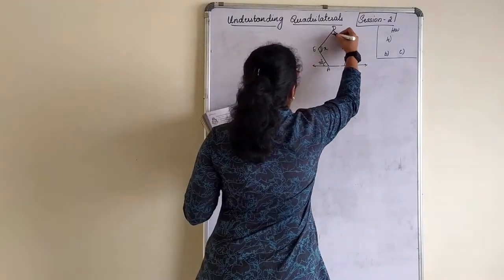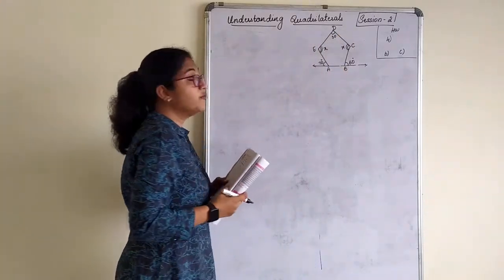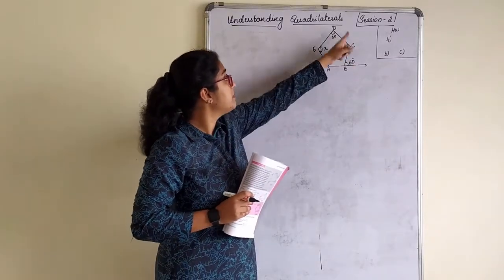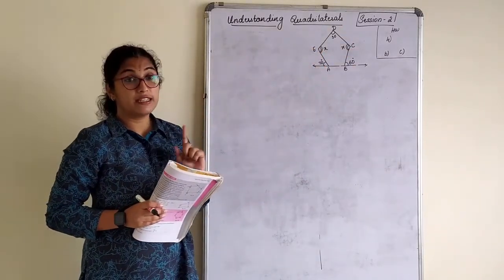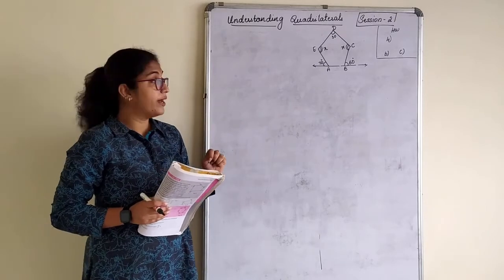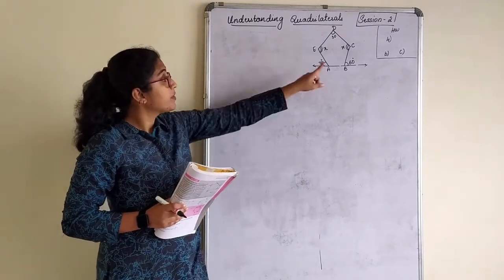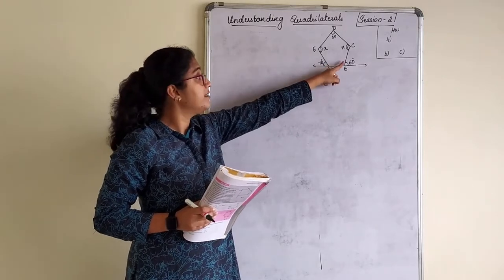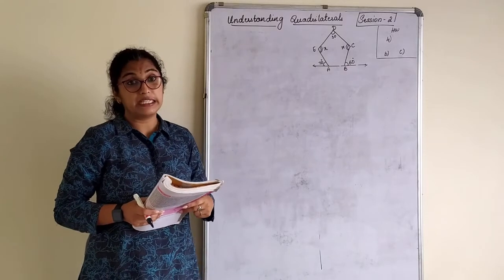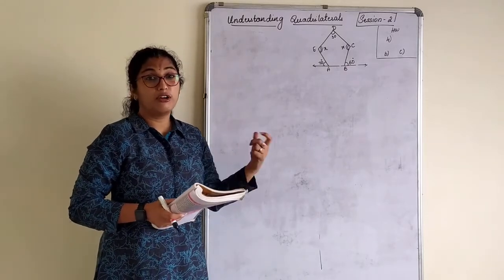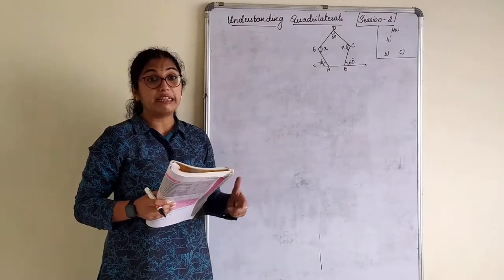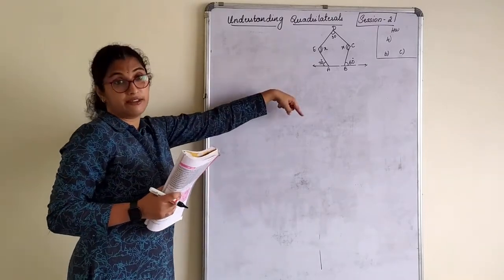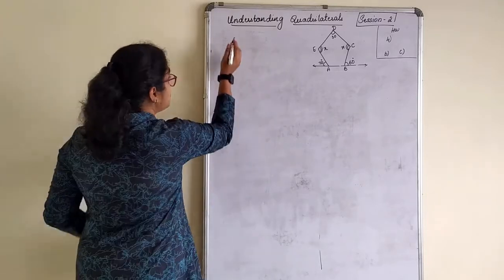Where this is 30. Again here, children, we can directly say in pentagon ABCDE, angle A plus B plus C plus D plus E is equal to not 360, (n minus 2) into 180. We need to find that. Then this angle we don't know, right? We can write this as 180 minus 70 and this angle can be written as 180 minus 60. So we can also do that as a linear pair and finish it.